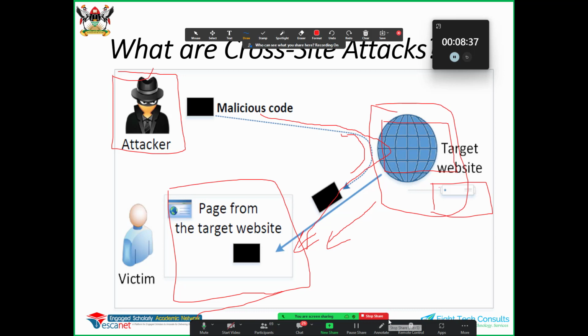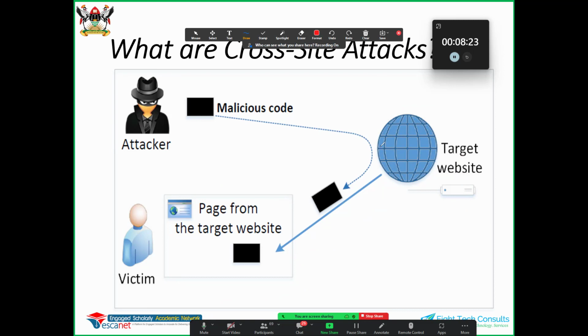That is one type of XSS attack. The whole point here is that it targets the user, and in most cases it is not stored on your server, whereby the attacker passes his information into the